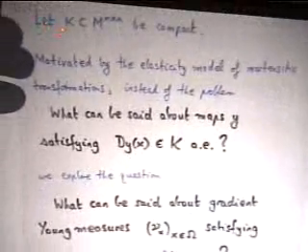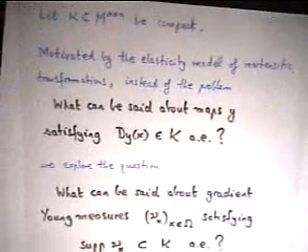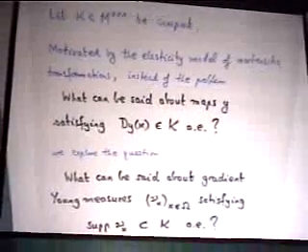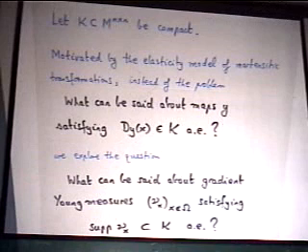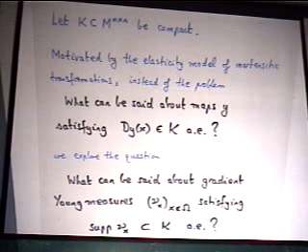If we've got this compact set of matrices K, the original question we asked was, what can we say about maps y satisfying Dy of x belonging to K almost everywhere? Instead, to explore the question, what can be said about gradient Young measures nu x satisfying that their support is contained in K almost everywhere. This is a better question from the point of view of problems of